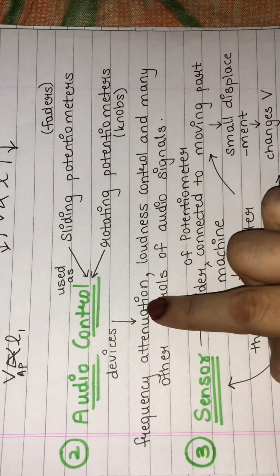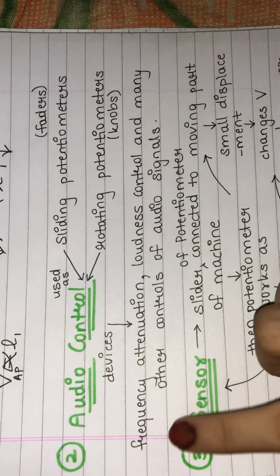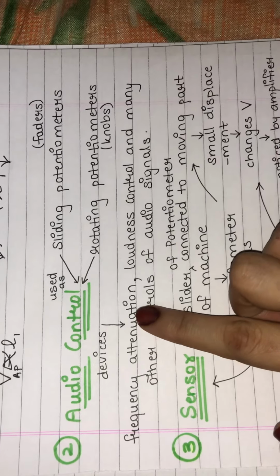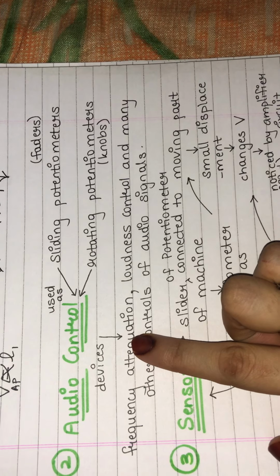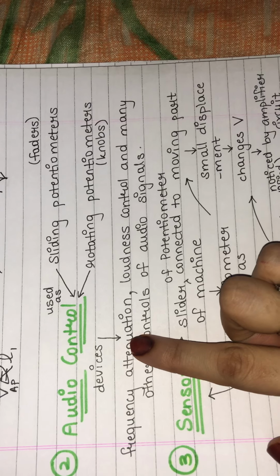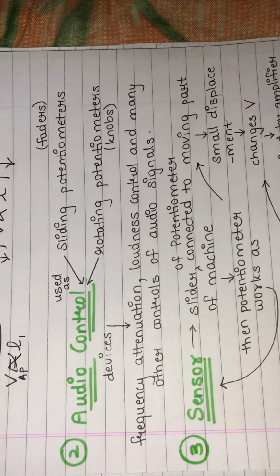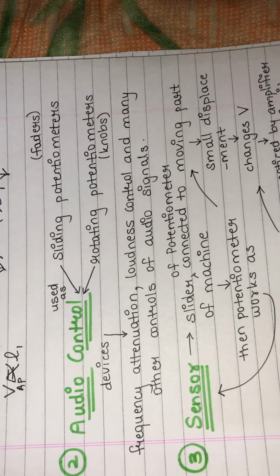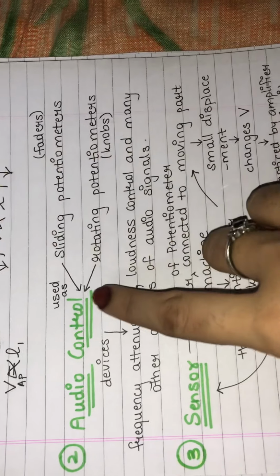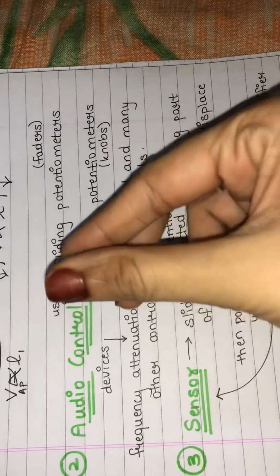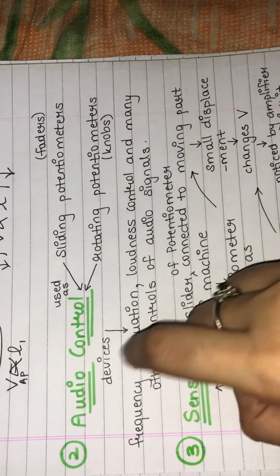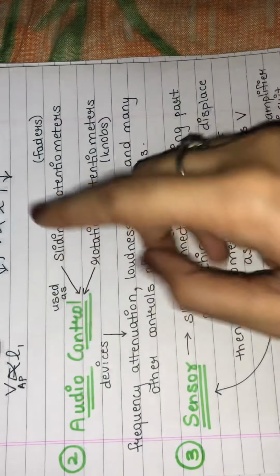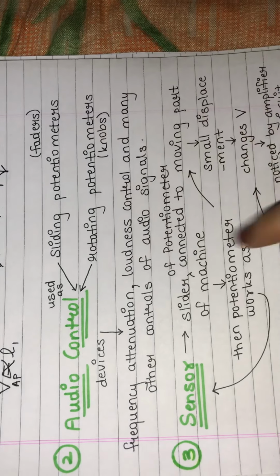Now, frequency attenuation, what do they do in sound controlling, frequency attenuation. What does this mean? खर खर खर खर आवाज़ आती है, कभी तुम लोग कोई गाना सुन रहे होते, जैसे 92.7 is a perfect channel, 92.4 प्ले करो, म्यूज़िक इतना अच्छे से तुमको सुनाई नहीं देगा, there will be some attenuation. So to remove that, what you do, you move the knob and try to adjust the frequency, so that is frequency attenuation. For that again you have moved the knob, so you have used a rotating potentiometer.